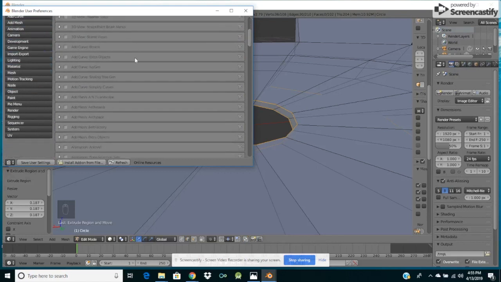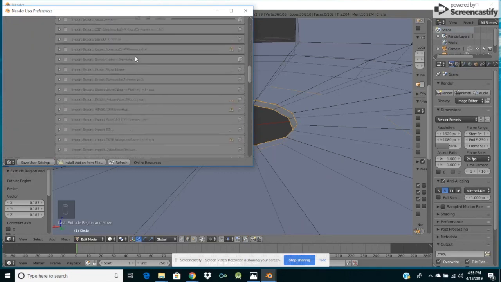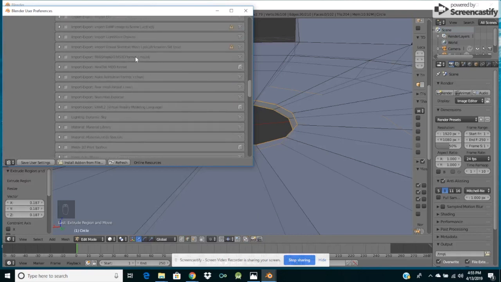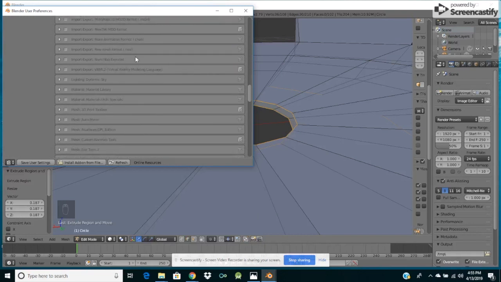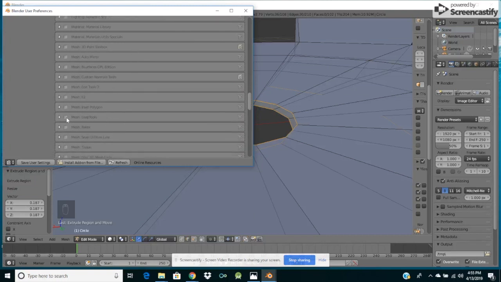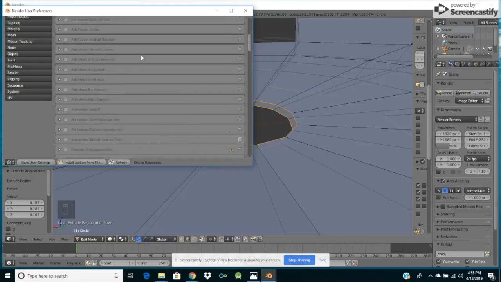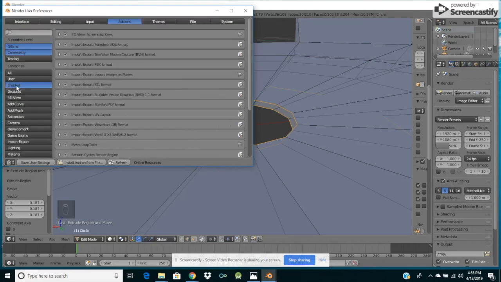If we check over here, we will find loop tools. We will check it, and if we see this in enabled options, we can find this mesh loop tools option, then save the user settings